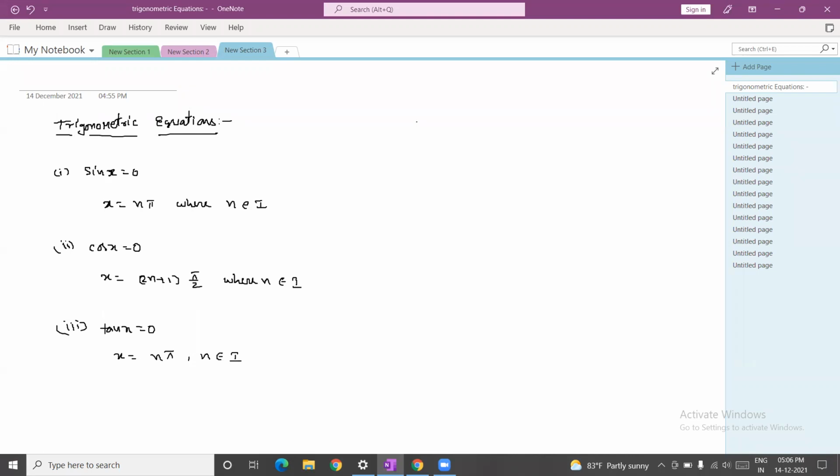Suppose for all real values of x and alpha, sin x is equal to sin alpha. Suppose sin x is equal to 1 by 2. So 1 by 2 will come at 30 degrees and even in the second quadrant, or again after one rotation. In every revolution, we get 1 by 2 two times.